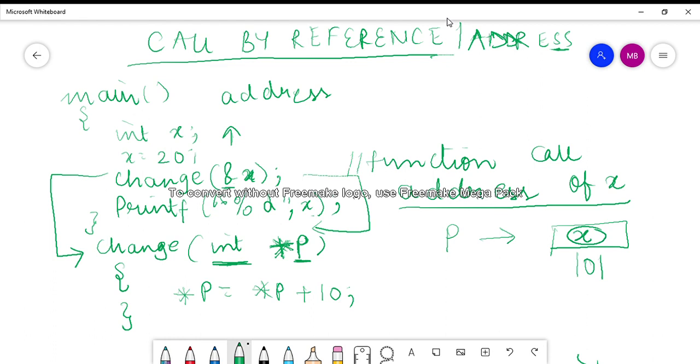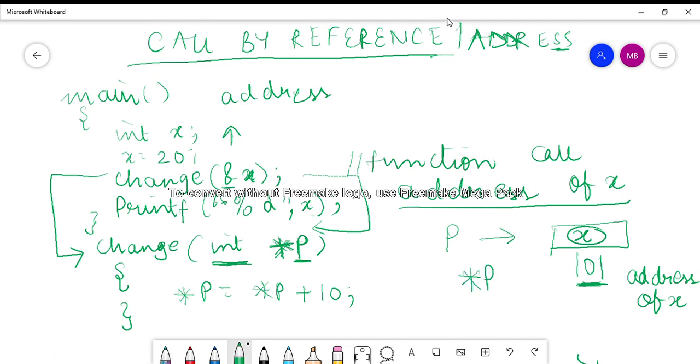So p represents the address of x, because how do I retrieve the value of x? By reaching that location where x is stored. So p is storing the address of x, hence it is known as the pointer variable.